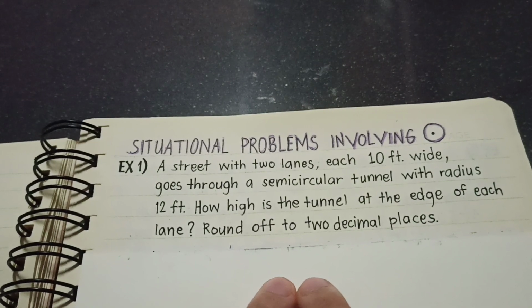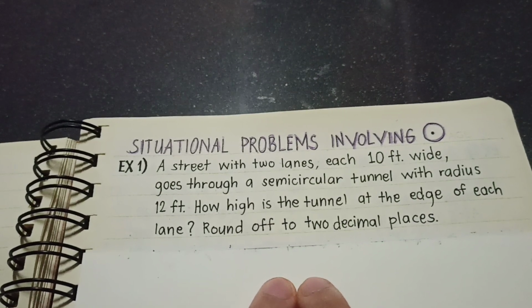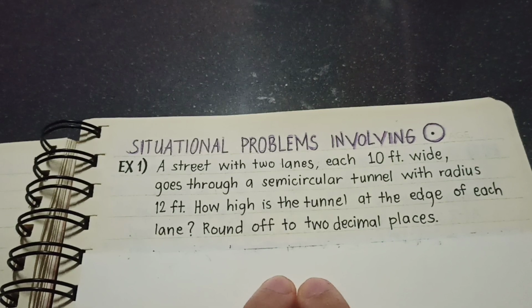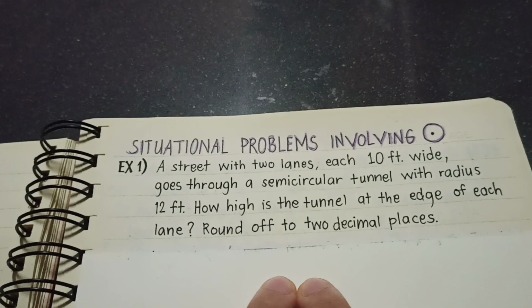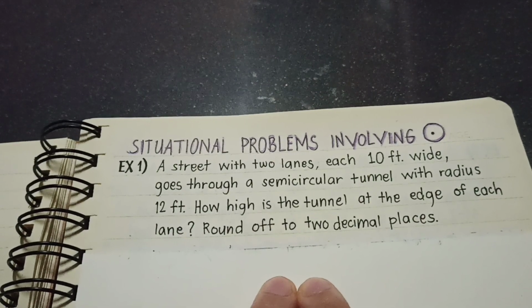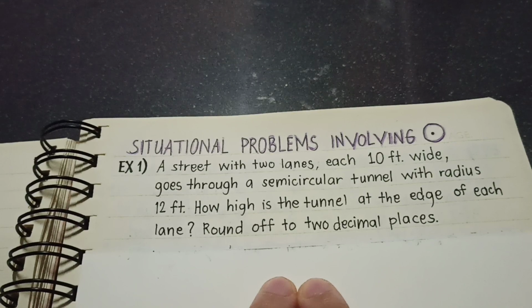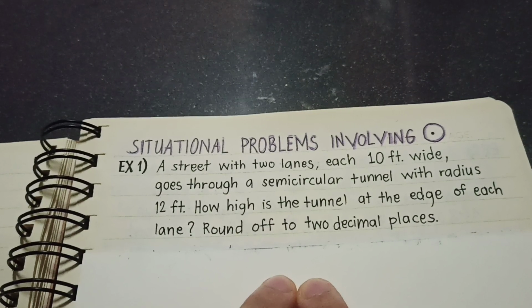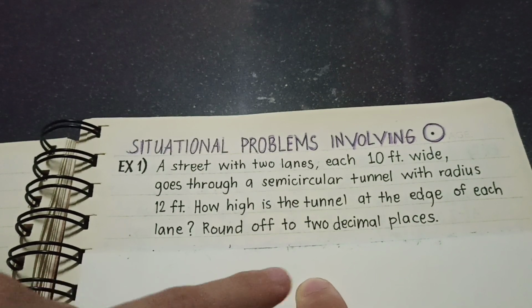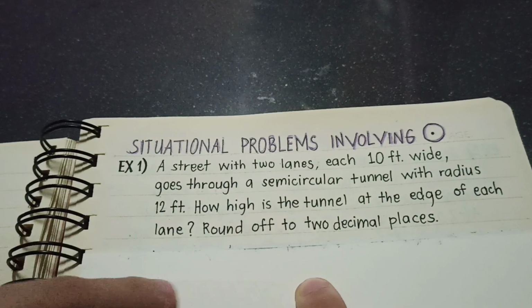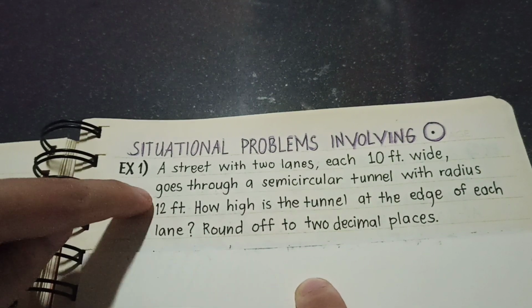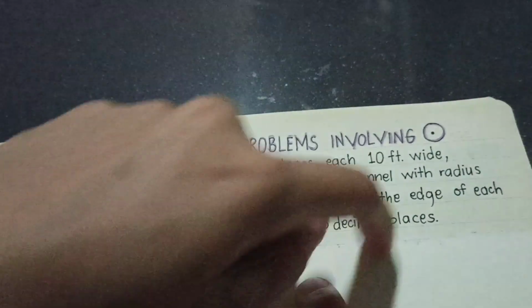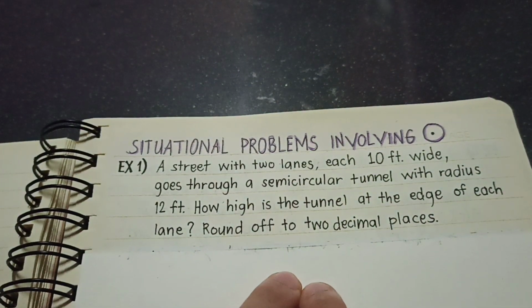And it goes through a semicircular tunnel. So when you say semicircular, semicircle, half a circle, right? So its radius, since it's a circle, there is a radius, is 12 feet. Before we proceed with the question, you must first notice that there is a gap, right? So when you say radius, it's constant. The distance is constant. 12 feet, 12 feet, 12 feet, and up to the bottom,